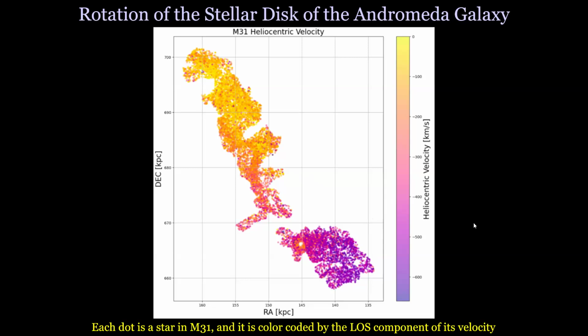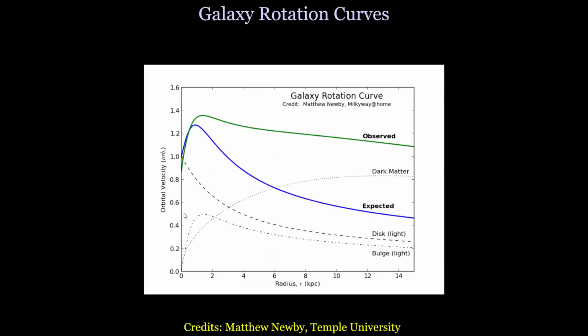We can see this better if we think about something that astronomers call galaxy rotation curves. This might be a kind of weird plot, but don't get too scared about it. The important part is that this top curve that we see here that says observed is what we notice from stars. When we start going farther away from the center, we see that